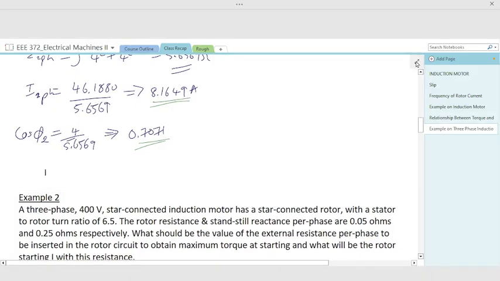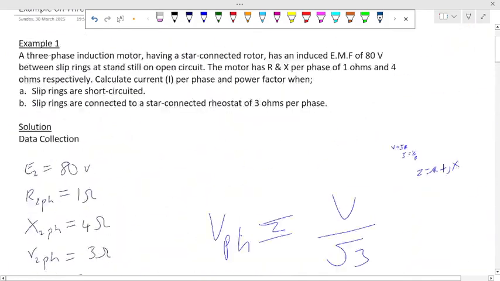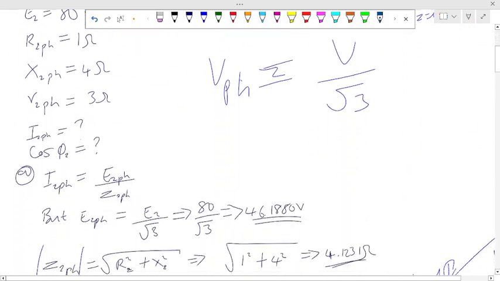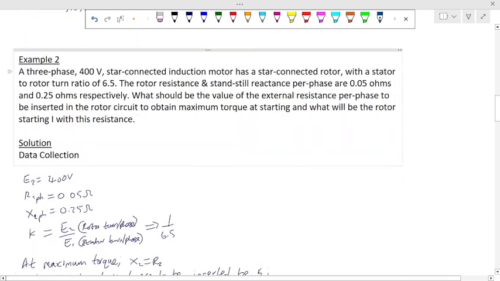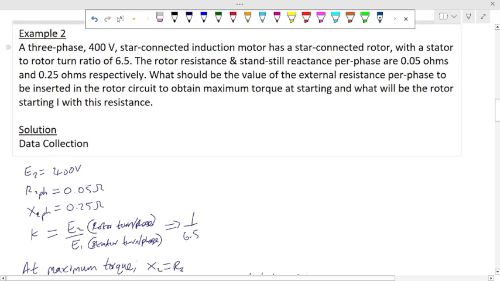So in this video, we are going to talk about the three-phase induction motor example. Last video we worked example 1, and in this video we are going to work with example 2. Okay, so the question is a